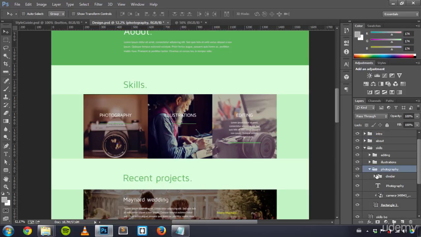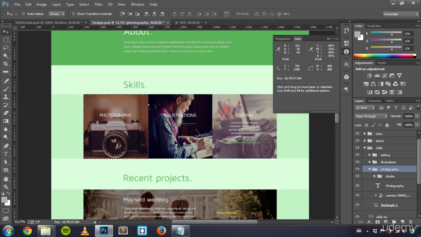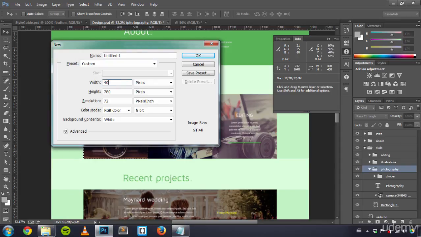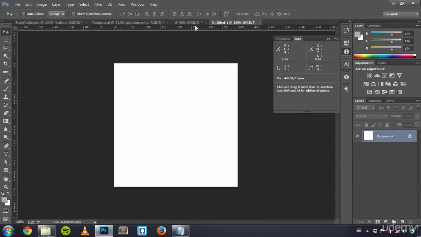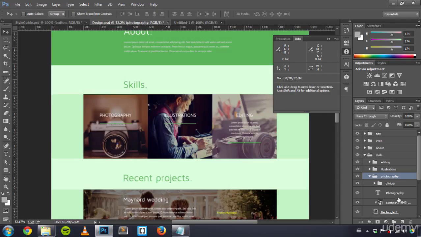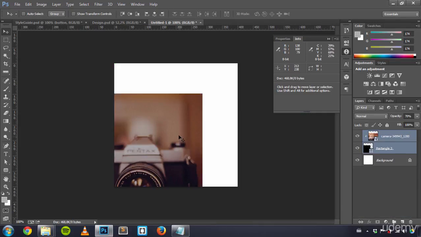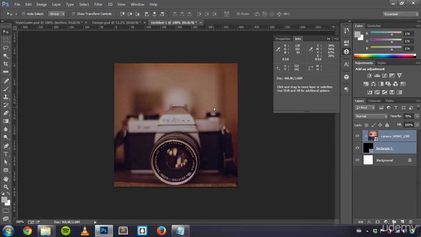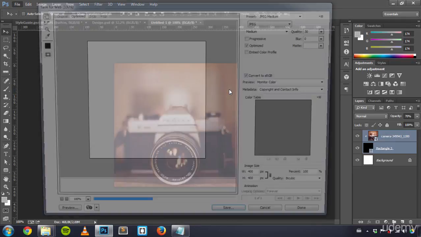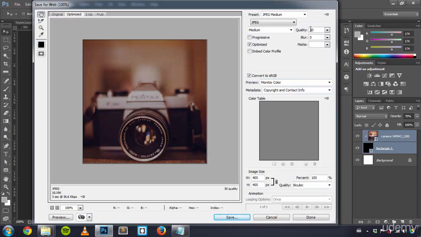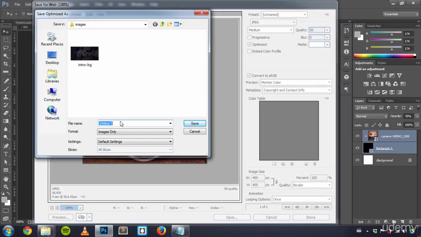First one is photography, and let's again, by holding Control and left clicking, let's have a look at its dimensions. It's 400 by 400 pixels. So let's create a new document. We can close this and we don't want to save it. Control D to deselect it, and let's take again both of these layers and move this image right here and move it into a place. And again, go to File, Save for Web, JPEG medium. For this I will set the quality to 50%, press save, and this will be skill